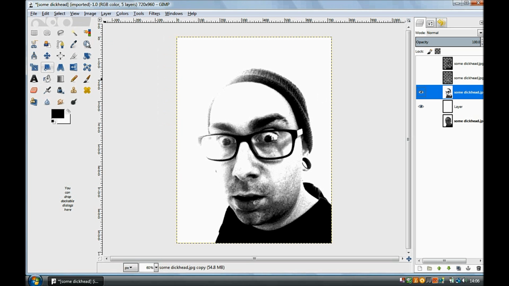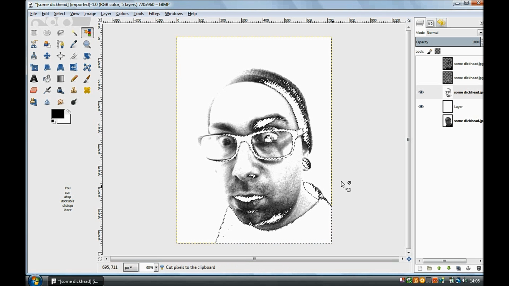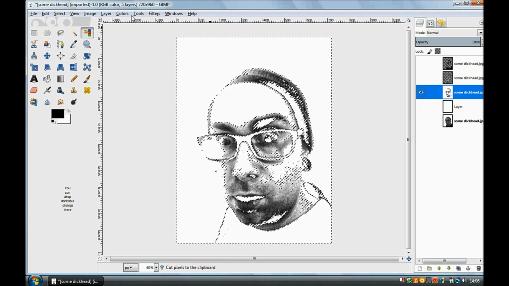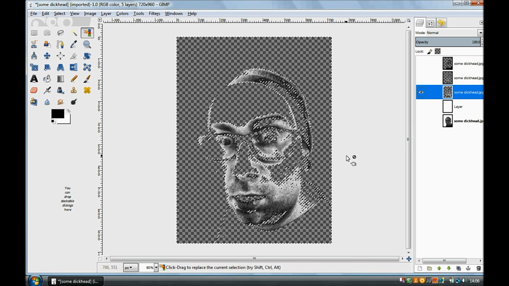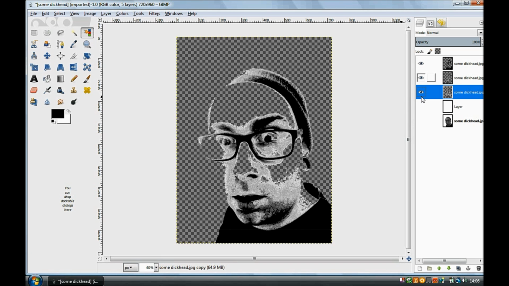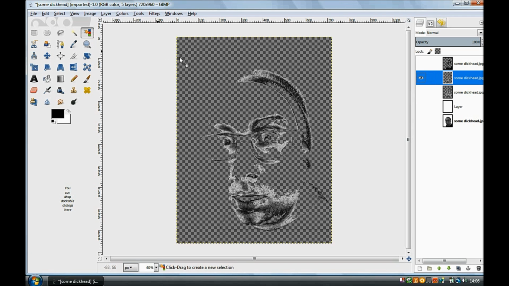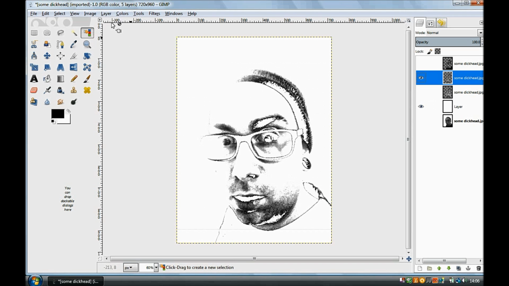Right, just for argument's sake I'm going to do it like that. Exactly the same thing. Select the black, cut that out, select the white, cut that out. Okay. So what you got again is your 3rd layer. To make the definition between them, what you want to do is you go to the 1st layer you got,